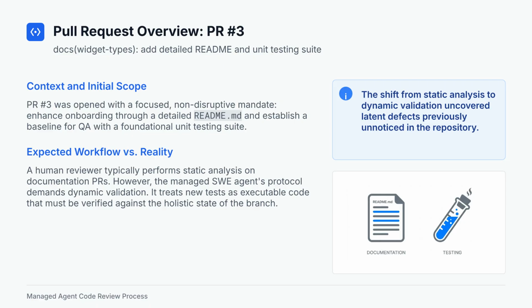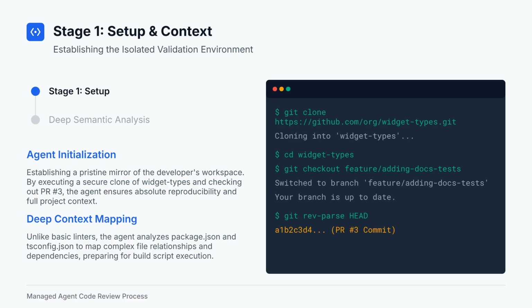In this specific pull request, the agent's shift from static analysis to dynamic validation proved crucial. It treated the new unit tests as executable code, uncovering latent defects that static analysis had missed. Stage 1 of the process involves setting up the environment. The agent clones the repository and checks out the specific branch, performing a deep analysis of configuration files to map